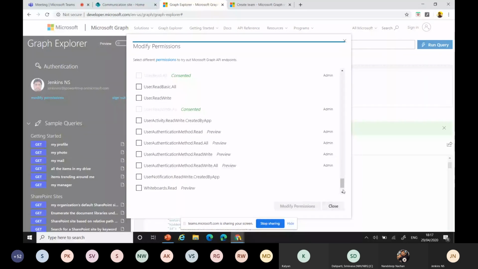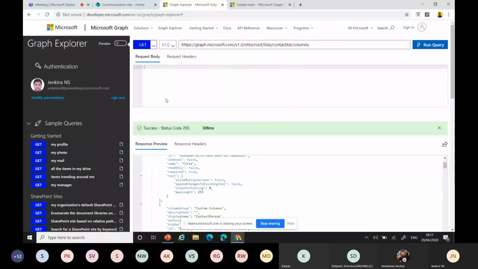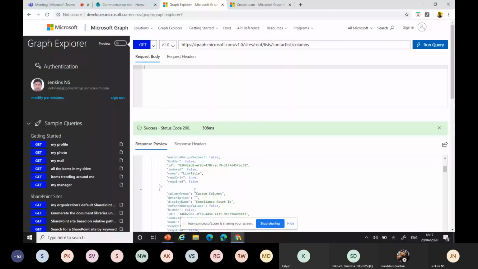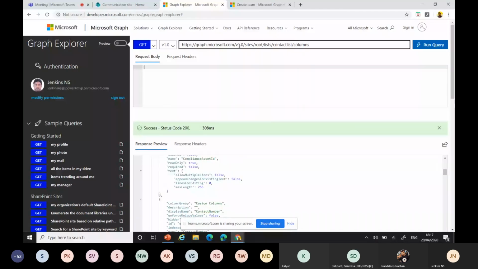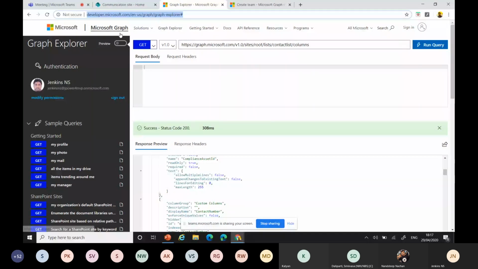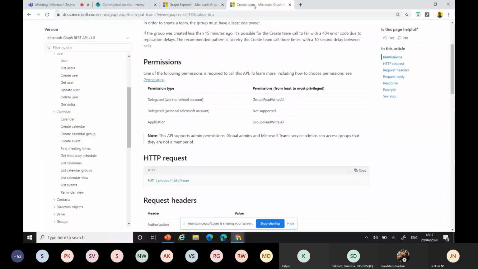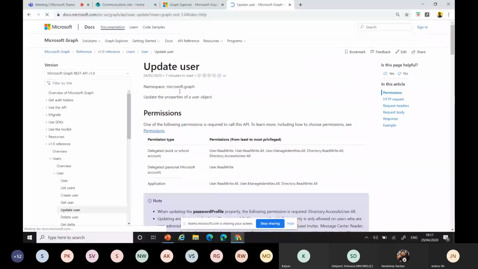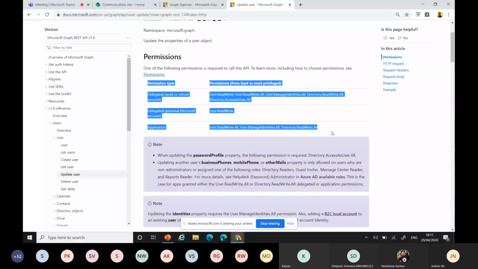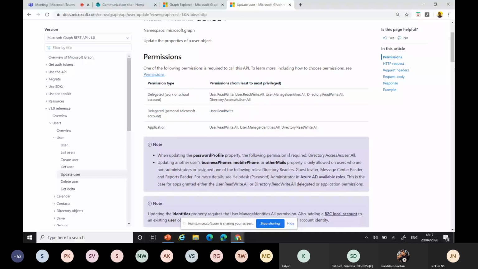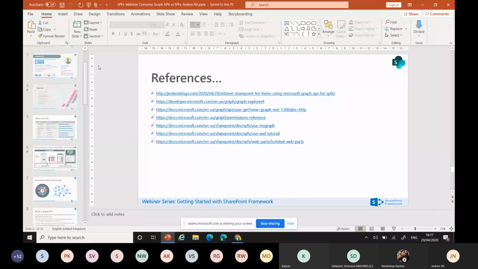Here in the Graph Explorer, you can get all the response preview, and you can also understand, right? I believe everyone understands how to identify the particular API, pass it and get back the response. You can remember that this is the Microsoft Graph Explorer, and you can do it online. I will also share another URL, so you can get all the available APIs and the permissions needed for them. For a particular API, we need to understand from this screen. Then I'll go back to my presentation.